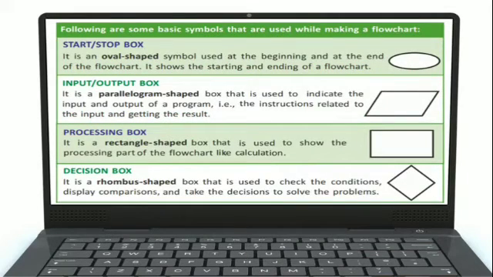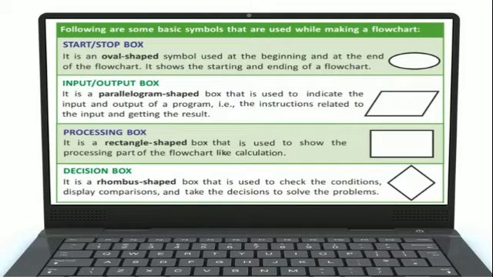For converting any algorithm into a flowchart, we have to use some geometrical shapes or symbols. Let me tell you about those symbols, why they are used, how they can be used, and which symbol is used for which purpose. The first one is the start stop box. As I told you in the previous video, an algorithm always starts with the step start and ends with stop. So these two steps, the first and the last, are written in an oval shape box. The oval shape symbol is used to denote the start and stop steps.